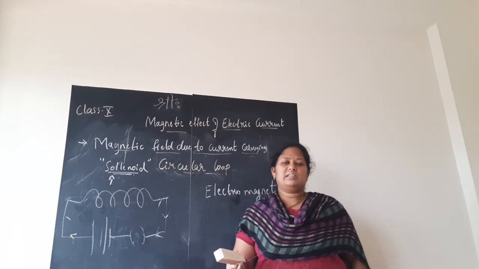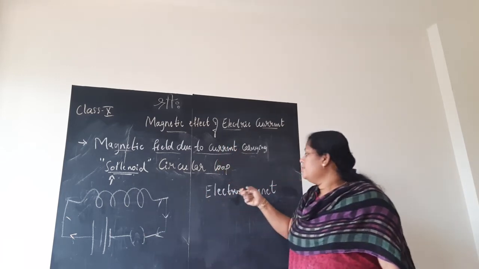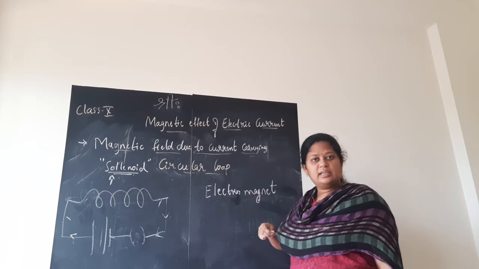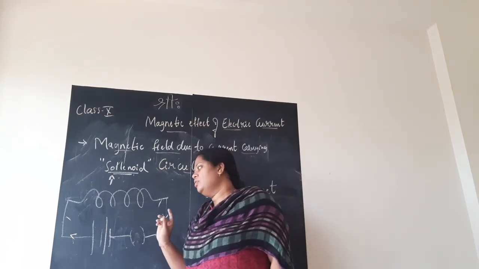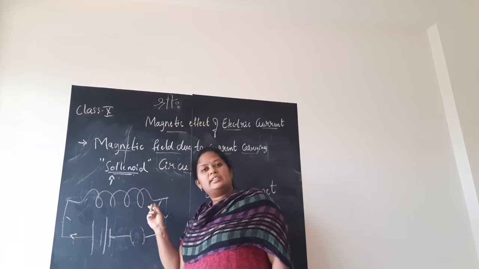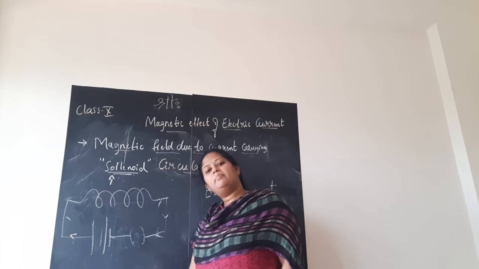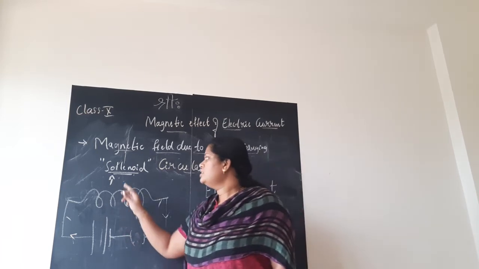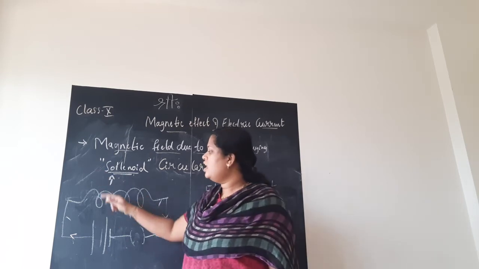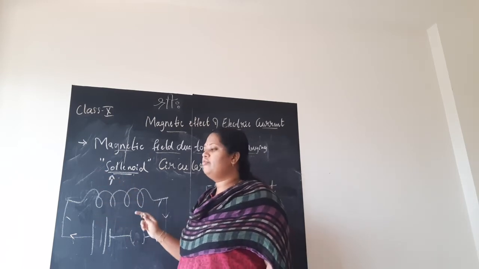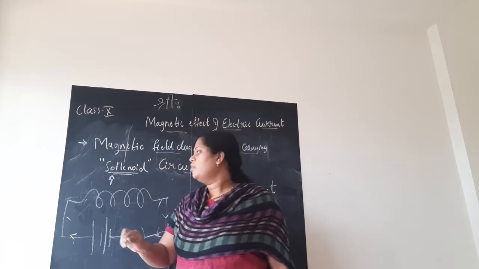I considered this example. Now, why did I tell you about this electromagnet is to show how to prepare this electromagnet on a small scale. So, this circular loop we considered, no? Many number of loops. We connected the ends of the wire to the battery and plug key, I said, no? So, this solenoid is very important. What is a solenoid? It is just a circular pattern of wire which are close to each other in the form of cylindrical shape.